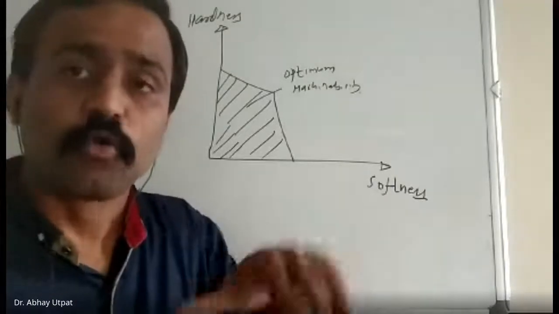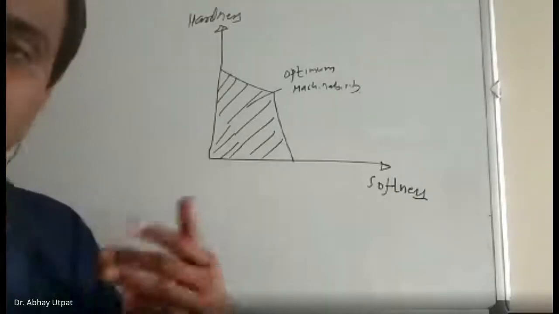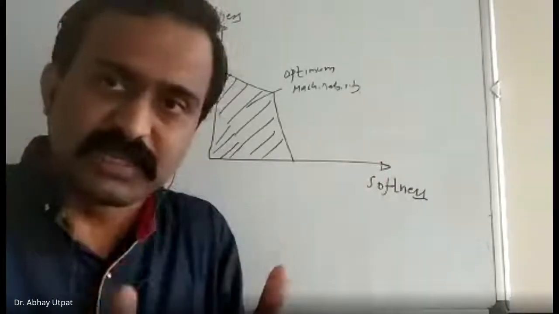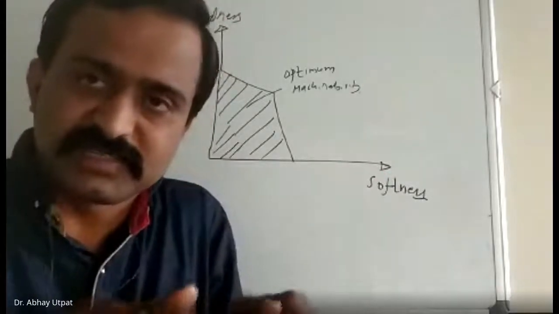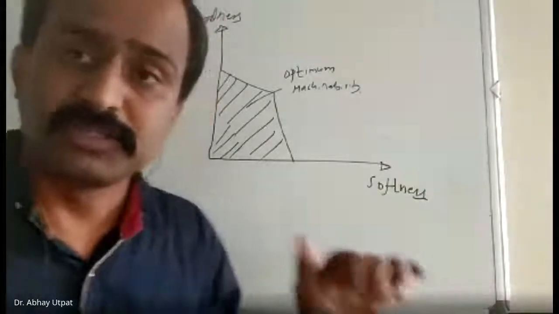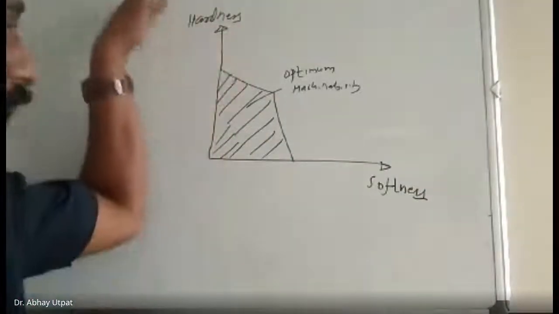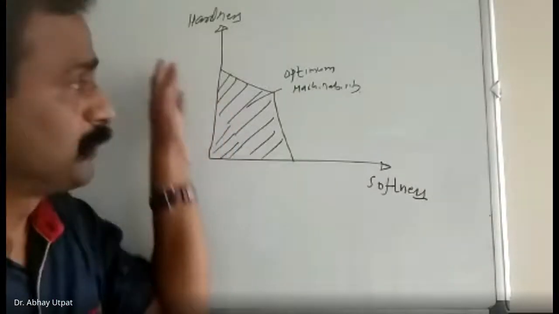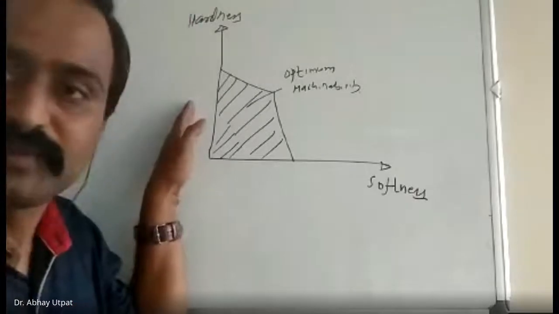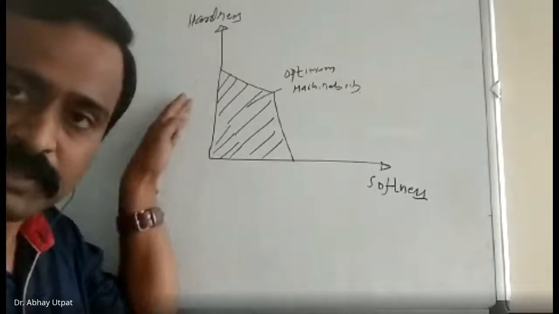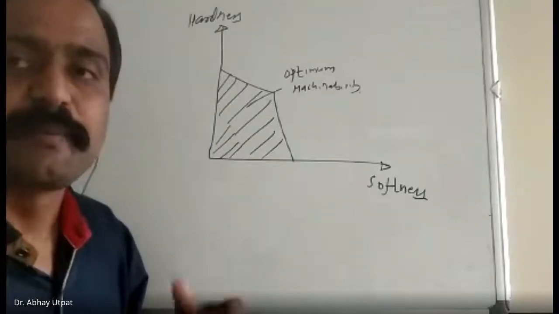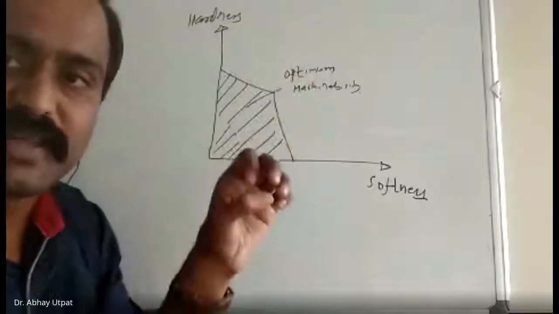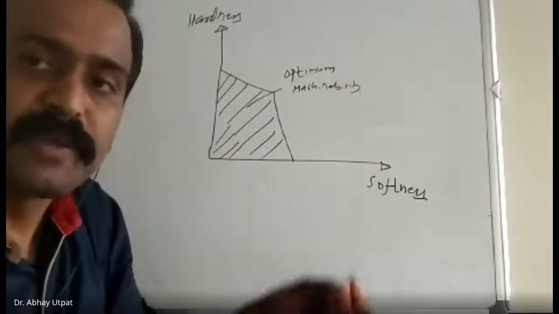Now, if cold working is carried out, in the case of cold working also, a little hardness increases. So softness decreases, a little hardness or brittleness increases, and machinability will be better. Now, this is not true for this case. Already your part is hard and you want to reach the optimum machinability region. Means hardness must be reduced. How to reduce the hardness? By making it a little soft. So for this case, if your steel is already hard, you have to make it a little soft by full annealing.